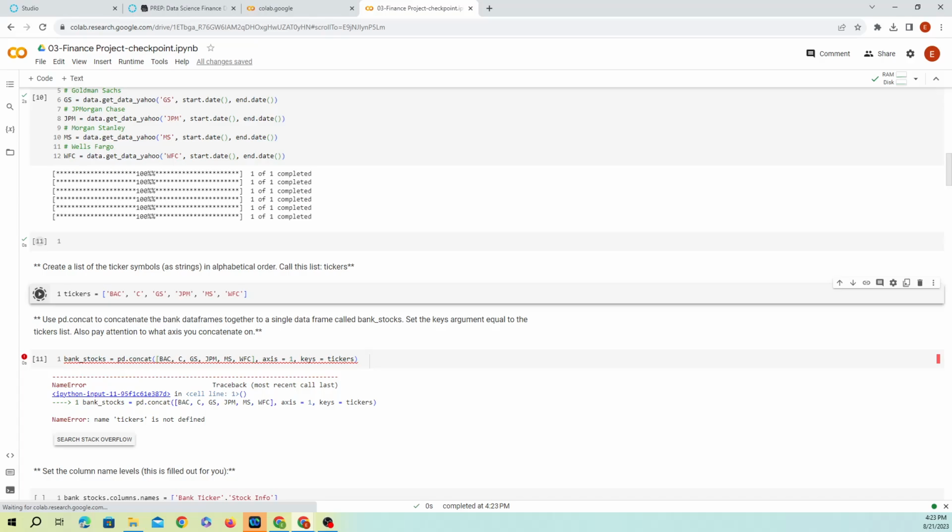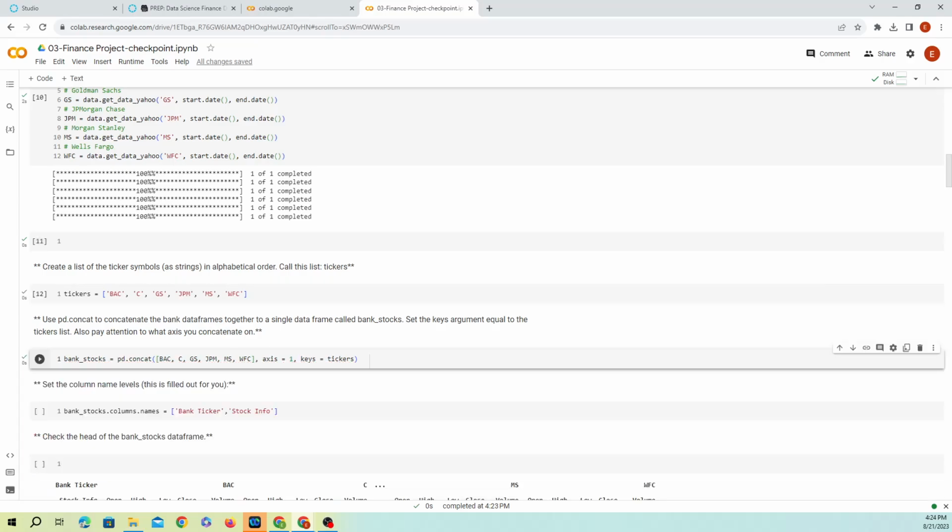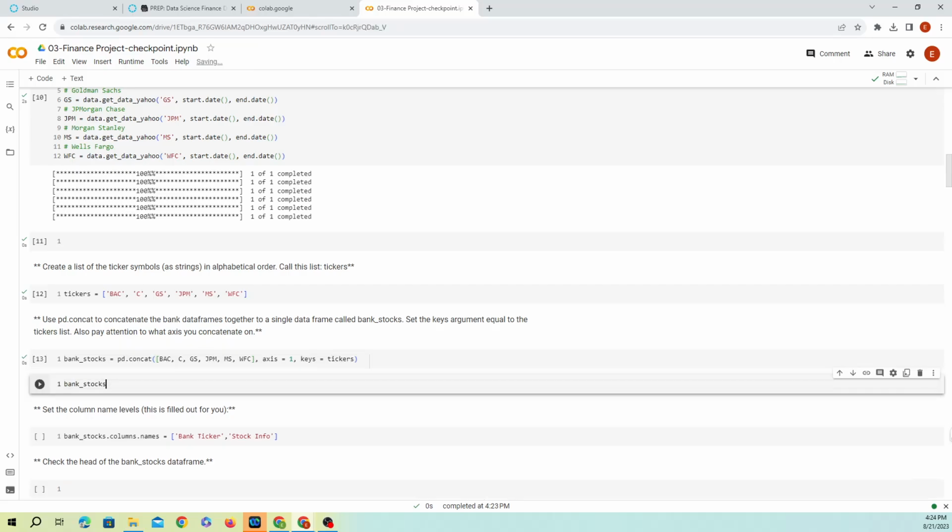So it didn't complain, so that's good. And so now we can set some columns. So right now, if I go and do bank stocks and run it,